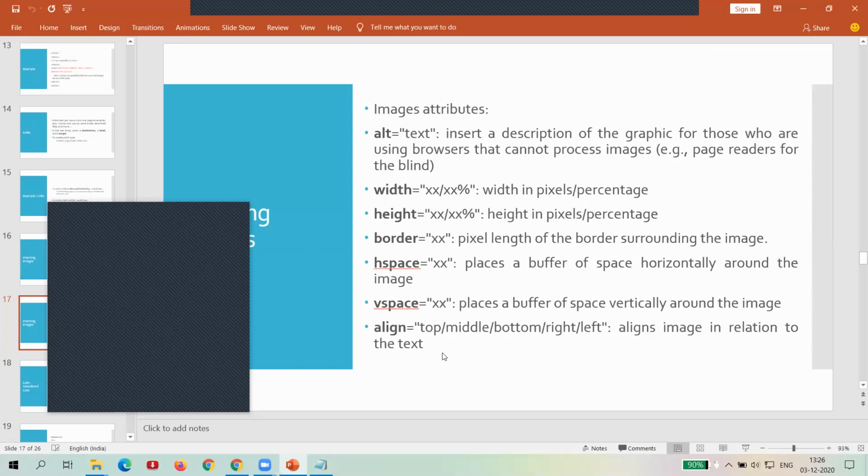There is a question: if you want to move only the image, what do we have to do? Then you have to remove the text from your background and insert only the image, and as per the H space and V space concept, you can move your image based on the pixel input.